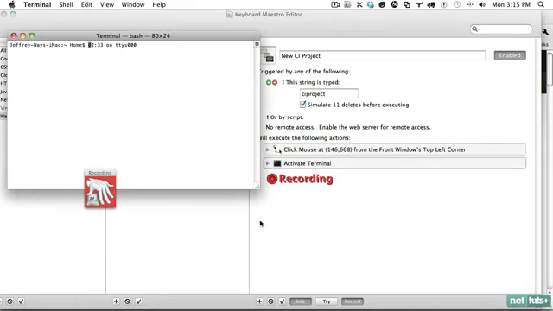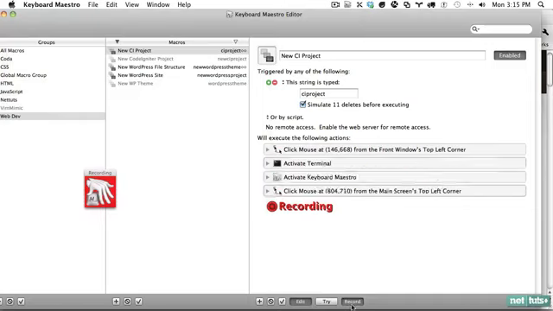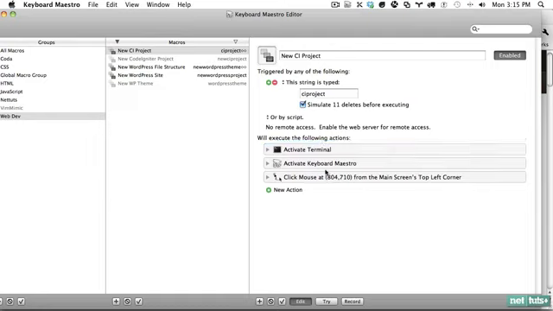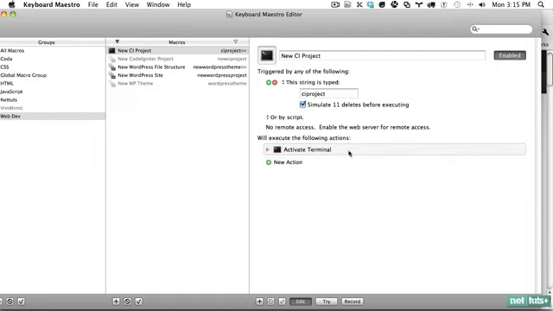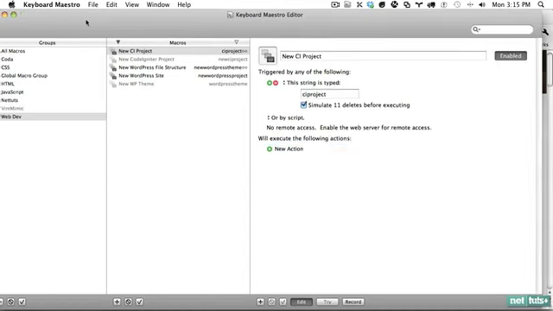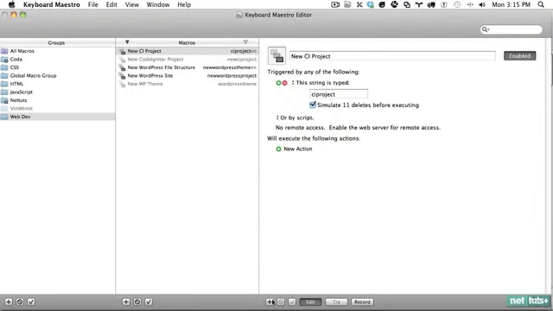All right, now if you ever need to take breaks, you can always press record right here. Now just make sure when you do, get rid of any of these click mouses because they're not needed. So all you do right now is activate terminal. Or if you wanted, you could also just do it manually, and you could go plus,